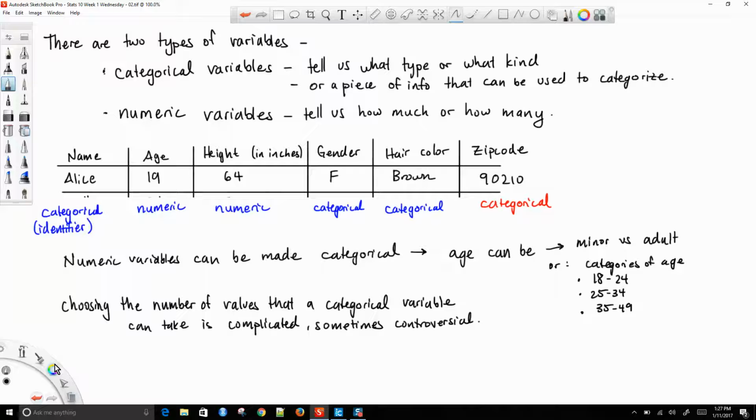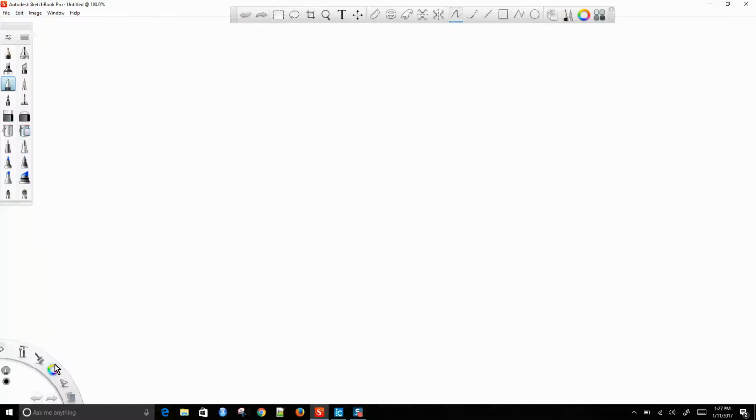Okay, is this good? Okay, let me talk about gathering our data. Gathering data. So as far as gathering data goes,